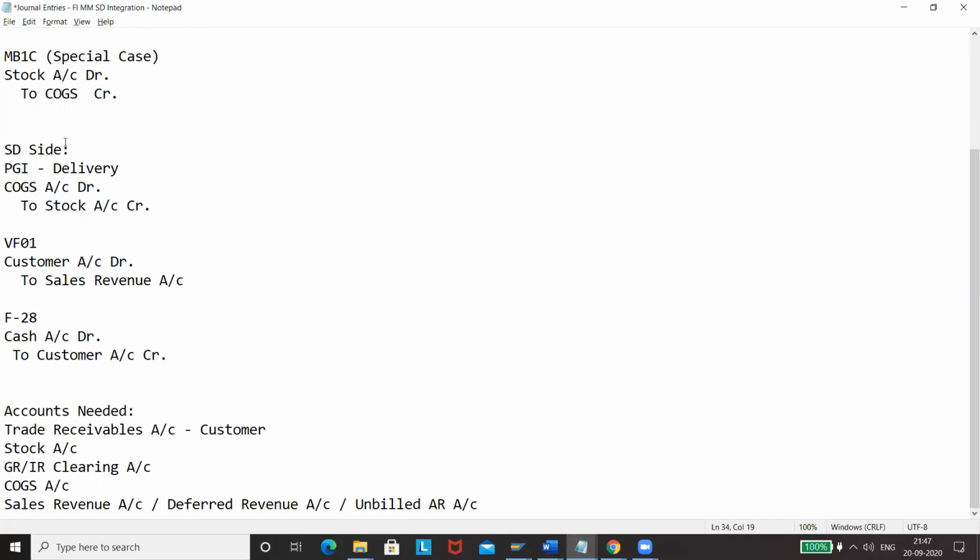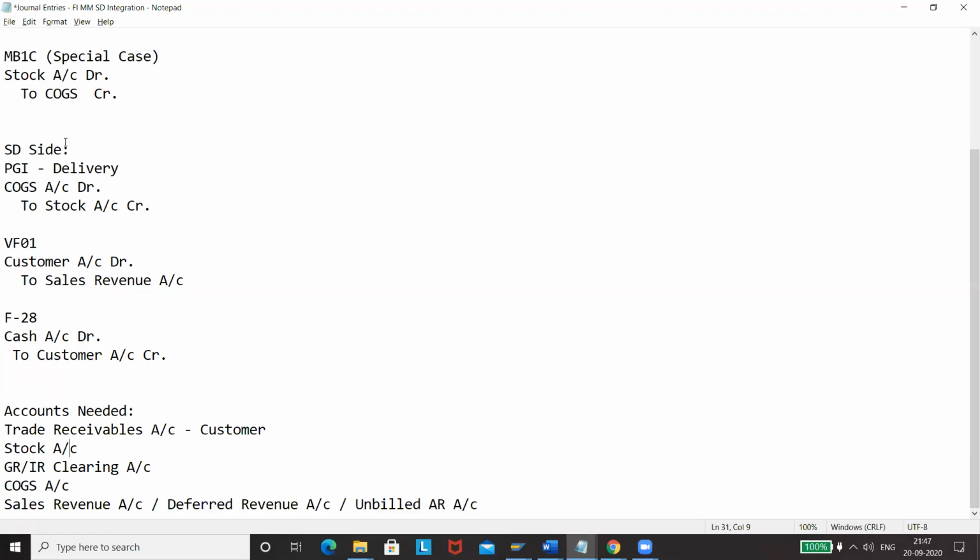In some cases, sales revenue can be replaced with deferred revenue and unbilled revenue. This also requires further explanation, which I'll explain in detail in a future video.